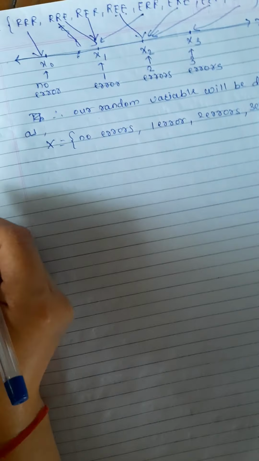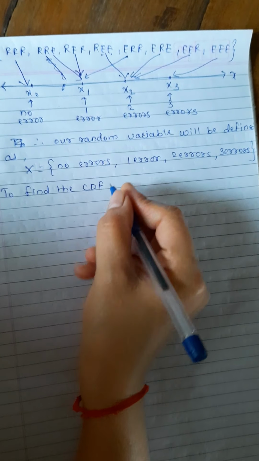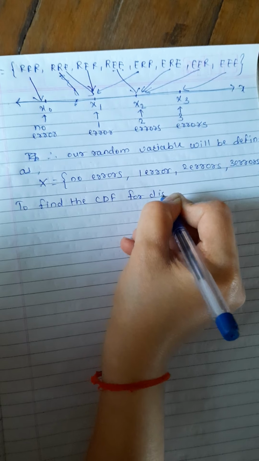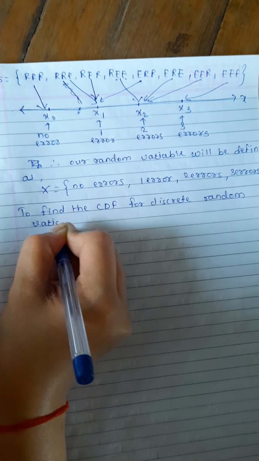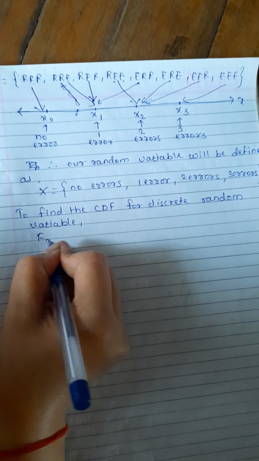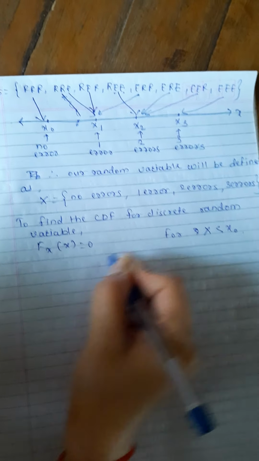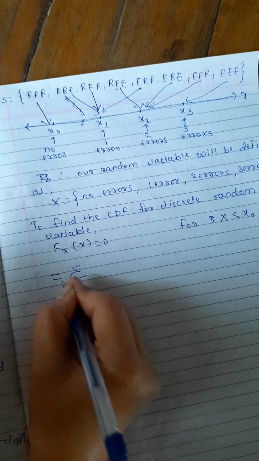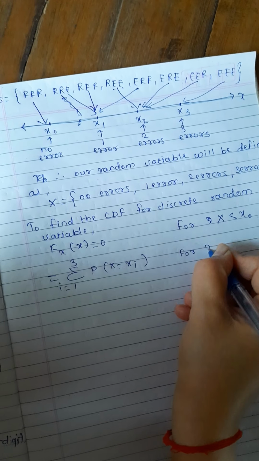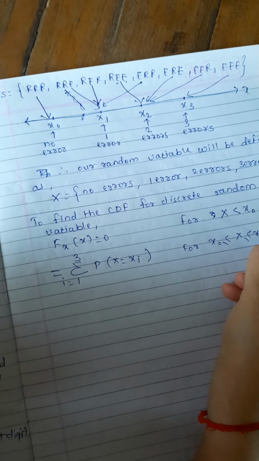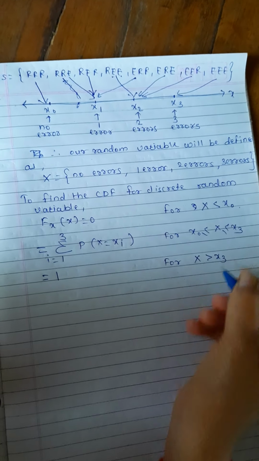To find the CDF for a discrete random variable, F of x is 0 for x less than 0, and we write here the summation for i from 1 to 3 of p of x, so this value is 1 for the third condition, greater than x3. Now